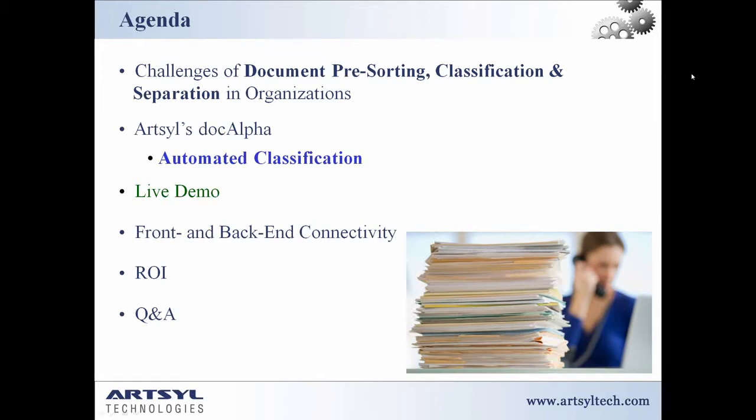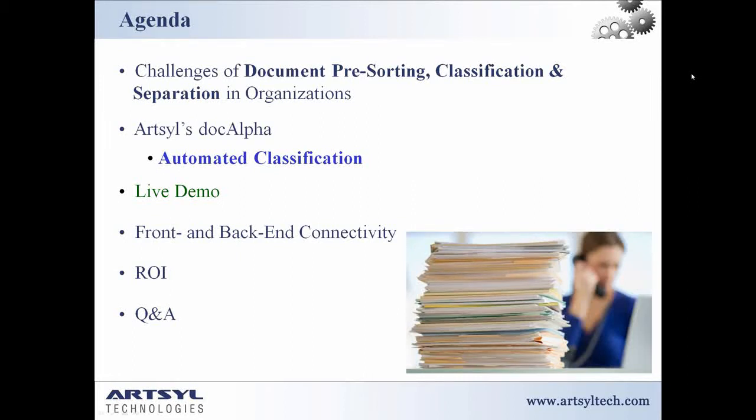Our agenda today: we will start from today's challenges of document preparation, the pre-sorting, classification, and separation typical for organizations dealing with documents coming in by paper. Then we'll have a look at Artsyl's docAlpha, what it can do, and specifically how it can help with automating the classification. Following that, we'll have a live demo, and in that demo, we'll run some documents with many types